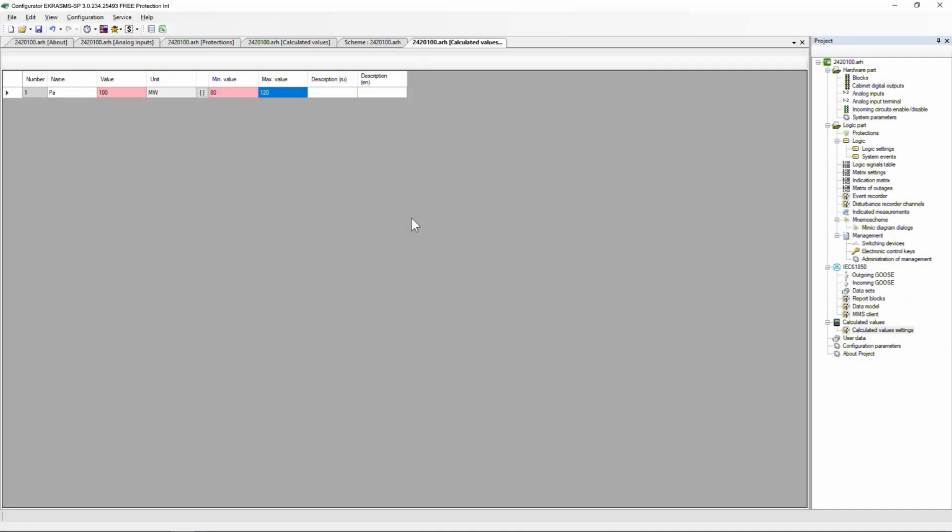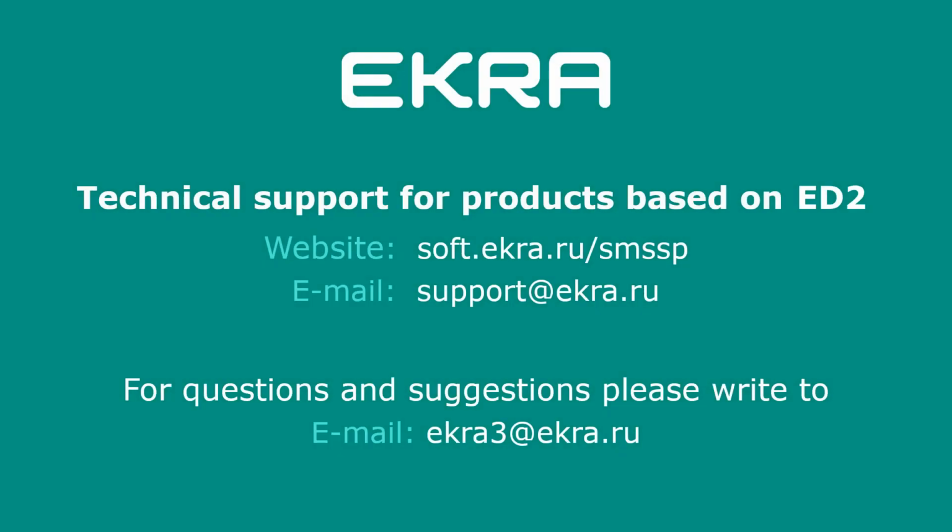When editing is complete, you need to save it using the File menu or by clicking on the Save button on the toolbar. This video tutorial is